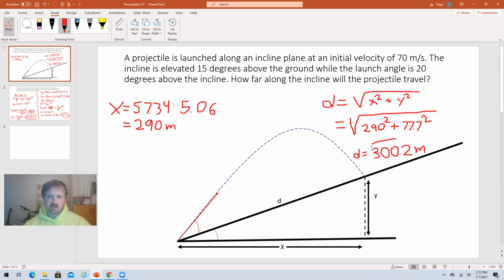meters. Final answer: this projectile, when launched at this initial velocity, this many degrees above the ground, or an incline this many degrees above the ground, and this many degrees above the incline, will travel 300 meters along this hill. And we're done. I hope this made sense to you,